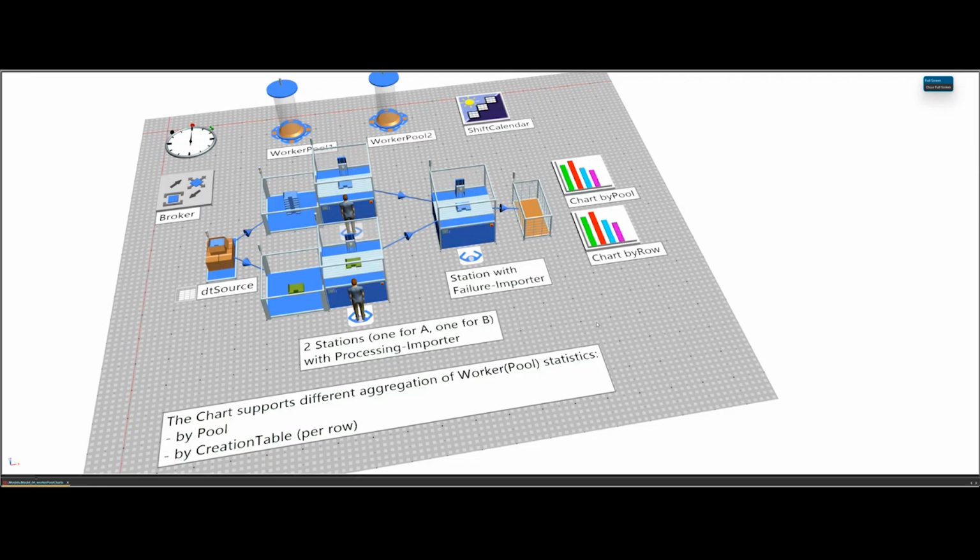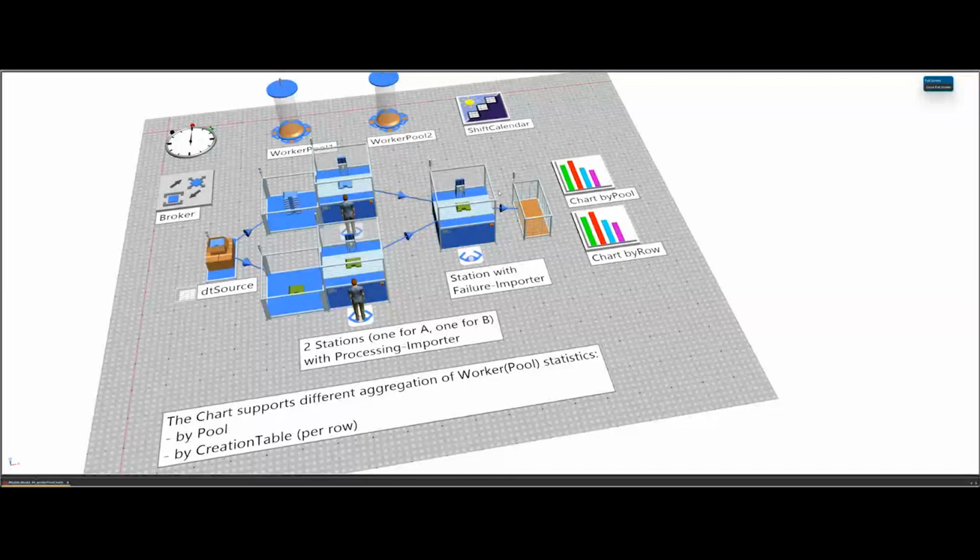And you can now simply use the basic chart object to show worker statistics by different aggregation levels. Maybe you knew the old special object worker chart, which was a library that you had to import. Now you can simply do this with a basic chart object by drag and dropping a worker pool onto the chart.